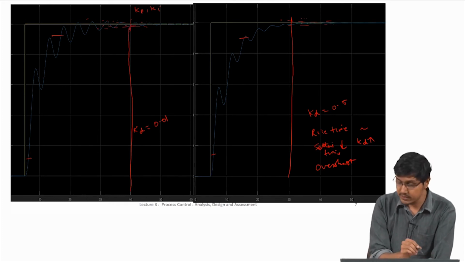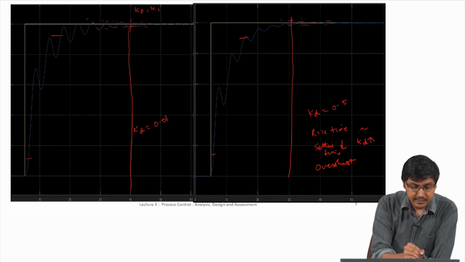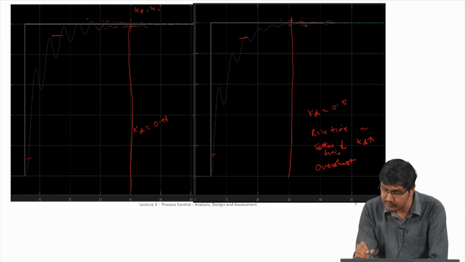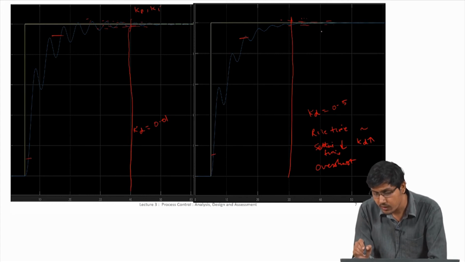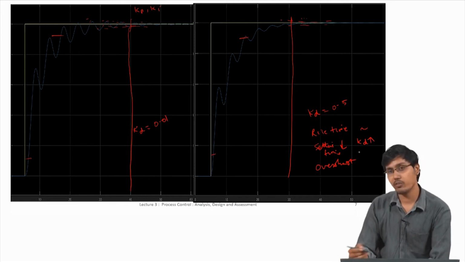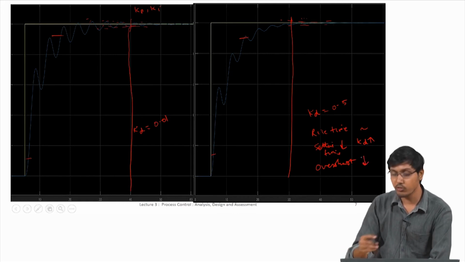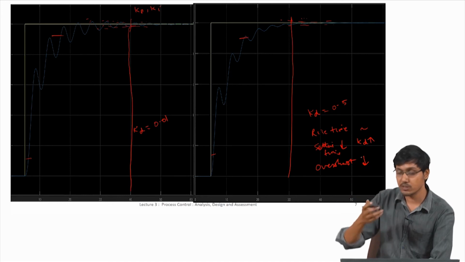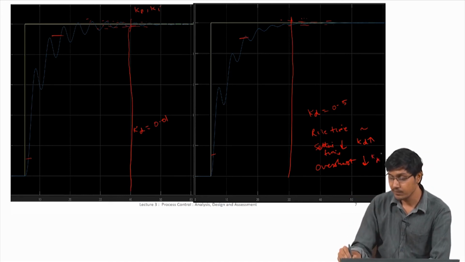So, now if you could see here, it goes above the set point by some value and then it decreases, right. But here it has very negligible overshoot, probably does not even go above and then come down, but maybe it goes a very small amount. So, we can see that the value of overshoot, the value above which it goes over the final value and then comes down, is decreasing when I increase the Kd.